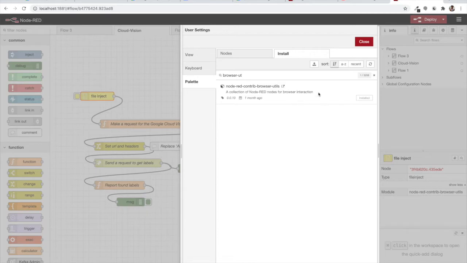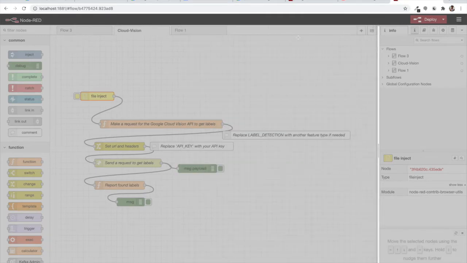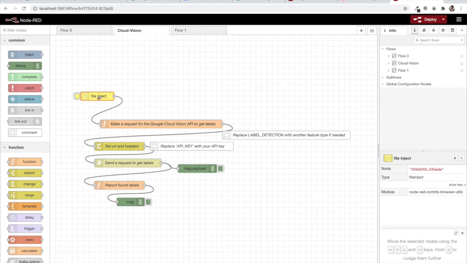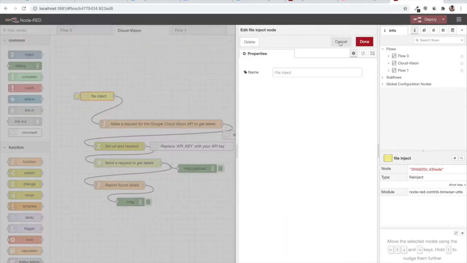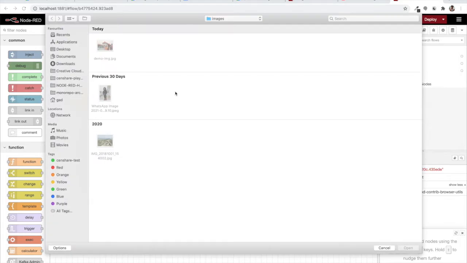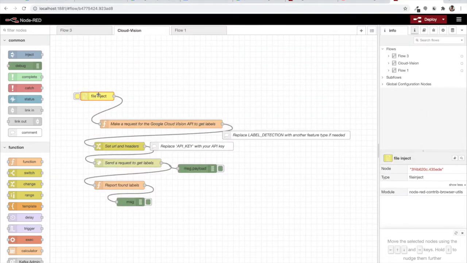Node-RED contrib browser utils is the collection of nodes that I have installed from the community contrib. And this gives me this node called file inject. It's a simple node. I'm not doing anything. When clicking here, it opens my folder from my machine, from where I can upload a file.